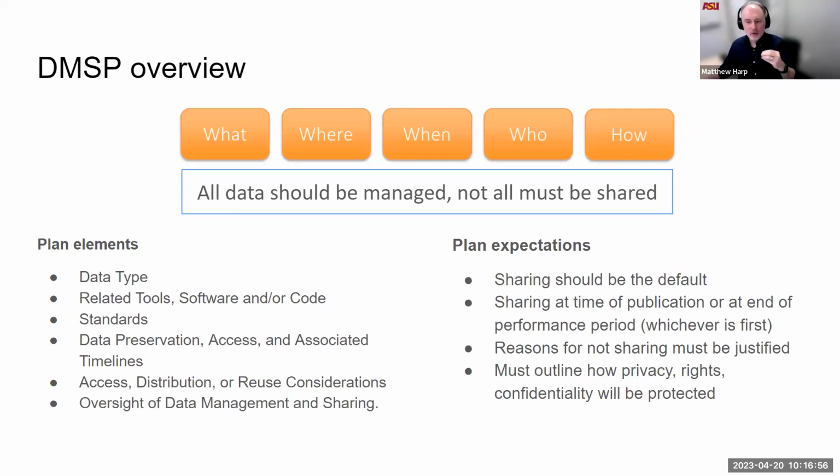The NIH also knows that not all data should be shared, but all data should be managed. Again, there are ethical and legal considerations, particularly around health science data. So they have room to explain and justify what can be shared and what isn't going to be shared, and how they're going to protect, for example, the identities of folks that are a part of a research project. They just can't say, well, we have to keep it all because of X, Y, and Z, and folks can just reach out to us if they need to access stuff.